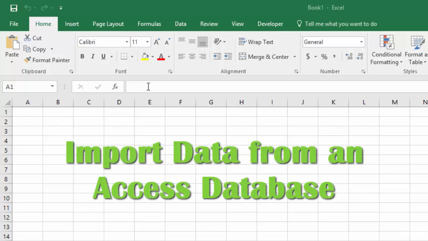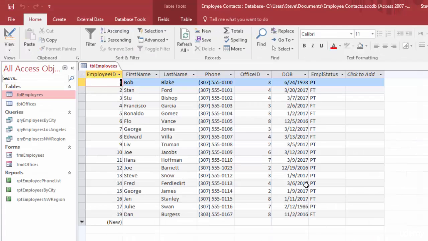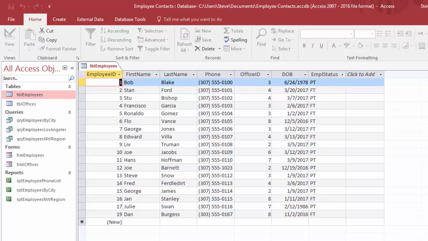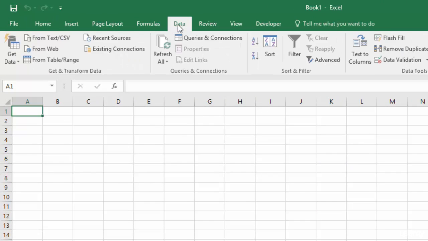Okay, in this lecture we're going to import data from an Access database and bring it into Excel. And I'll just give you a look at the database that we'll be bringing it from. Here's our Access database, and we're just working with this employees table here, and we're going to pull this into Excel. So first we're going to close this database, and then we're going to go to our Data tab, and